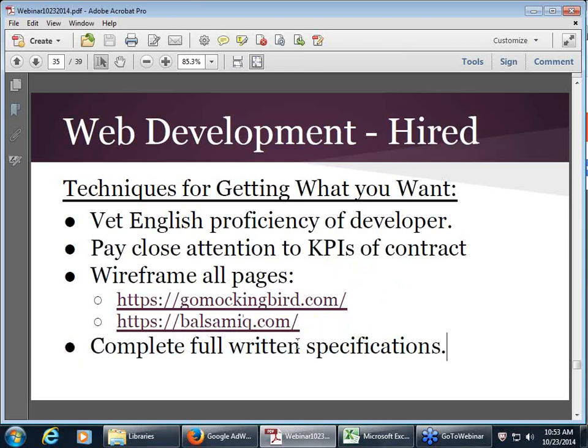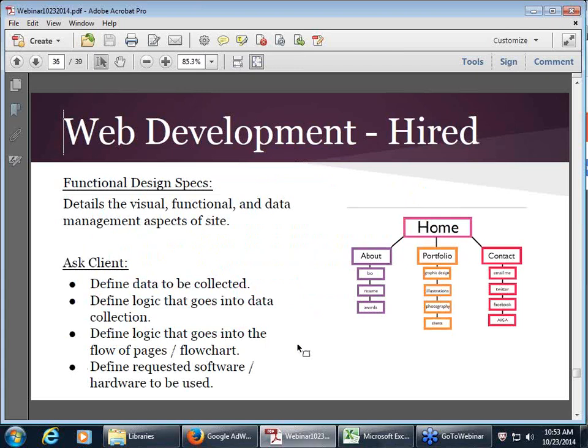This can be as complex or as simple as the entrepreneur wants, but I would recommend they put them together for a site that has a good degree of detail on it. Basically, it's tying together all those pages, saying this page and what happens with the data on this page, what sort of processing they'd like to happen with the data. For instance, let's say somebody arrives on the register page of a website. You want to tell the developer what information needs to be collected, where that information is going to be kept, how they'd like to validate that information, and what sort of logic happens with that information.